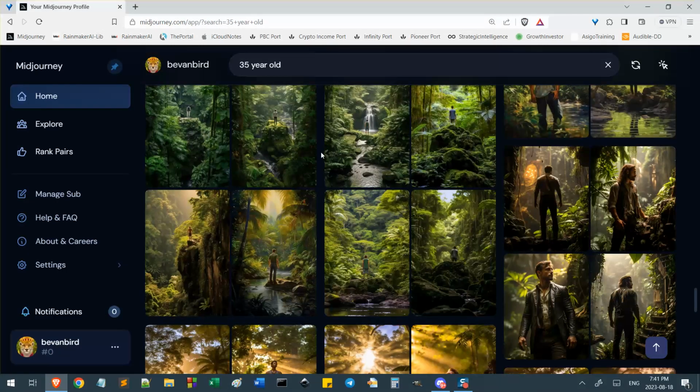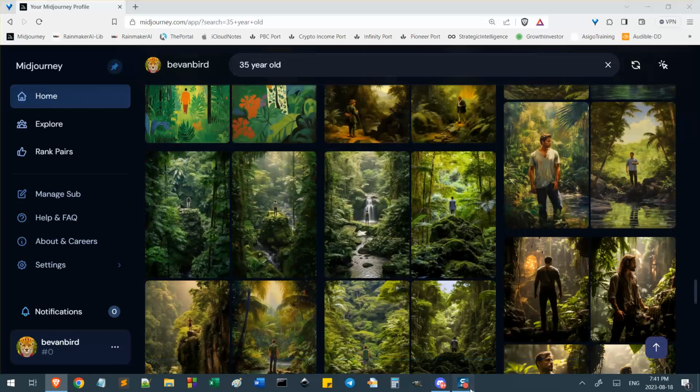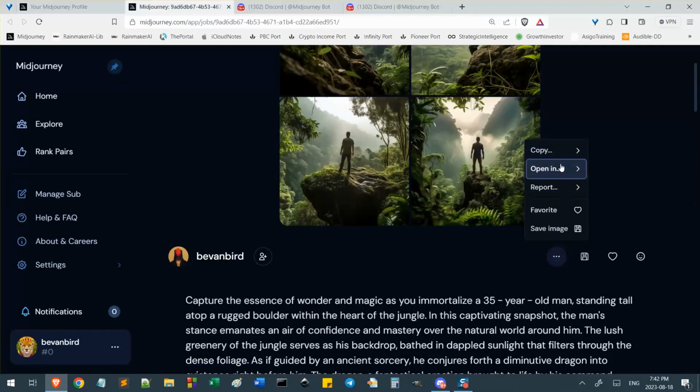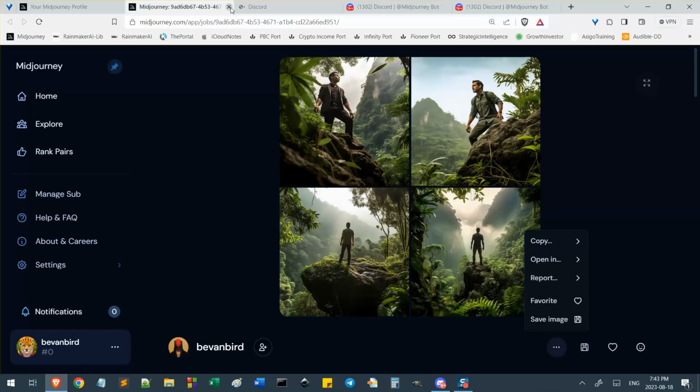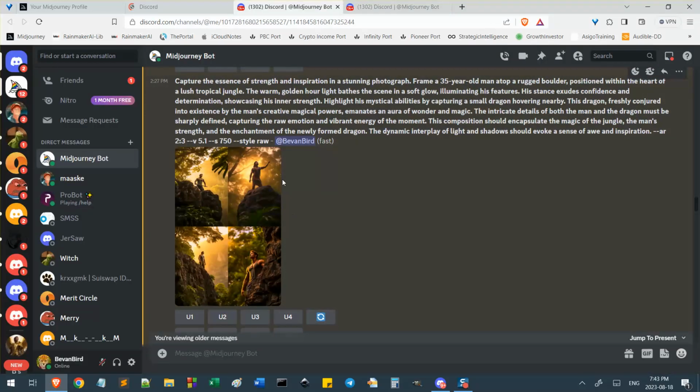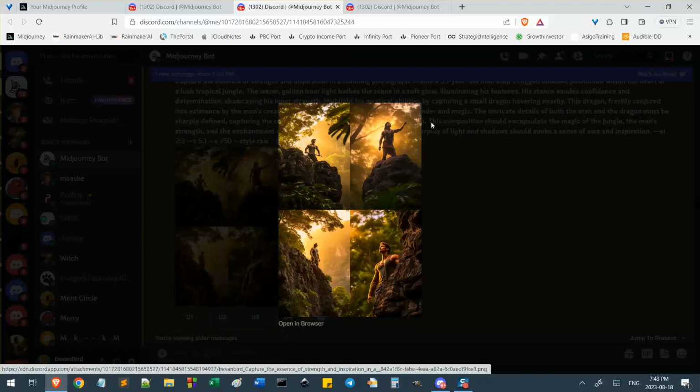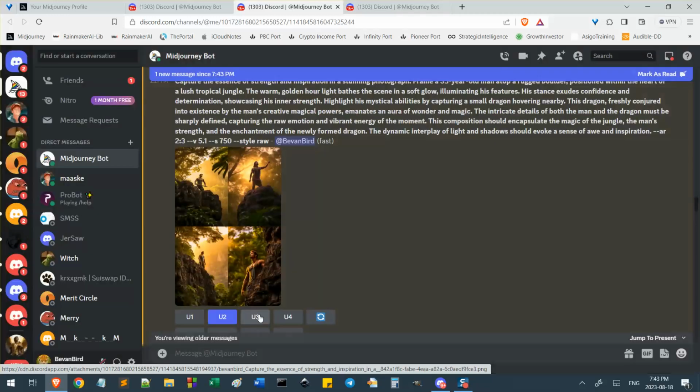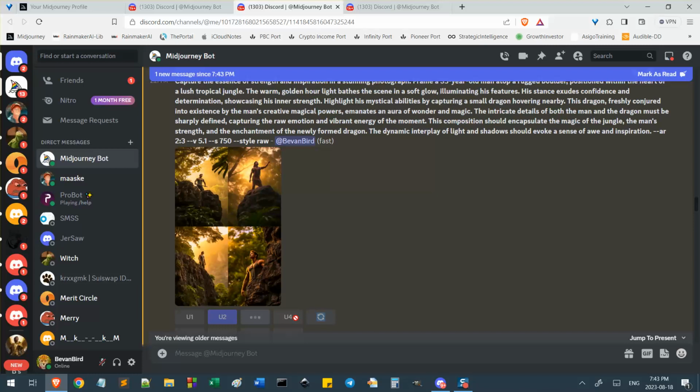And then continue on. Okay, so this one was going to be number 2, number 3. I guess I'll upscale. Oh no, I didn't really like that one. I've already upscaled it though. So these 2 here I could use.